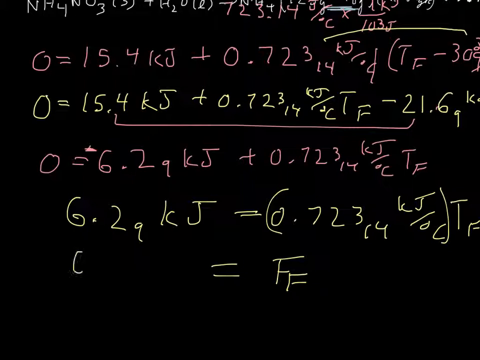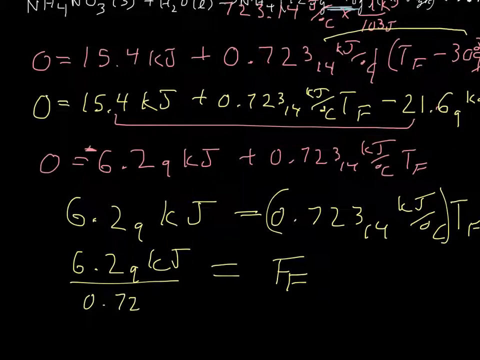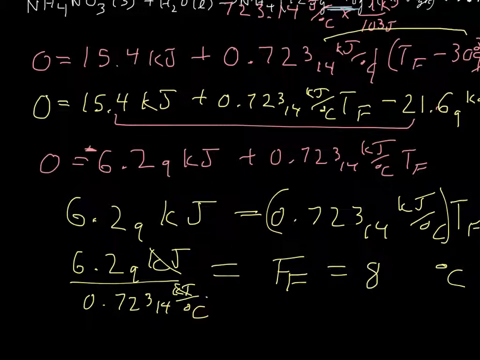And our final temperature equals 6.29 kilojoules divided by 0.72314 kilojoules per degree Celsius. And what happens, the kilojoules cancel out. You have an inverse of a degree Celsius, which brings the degree Celsius up top. And that gives you a final temperature of